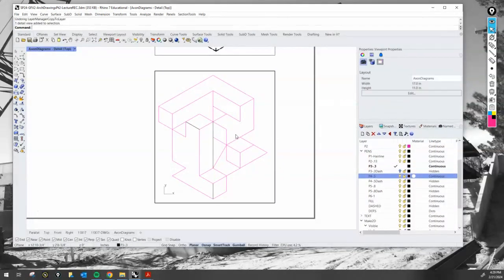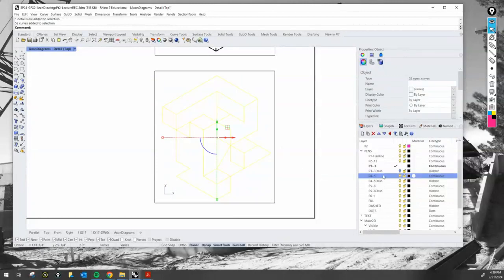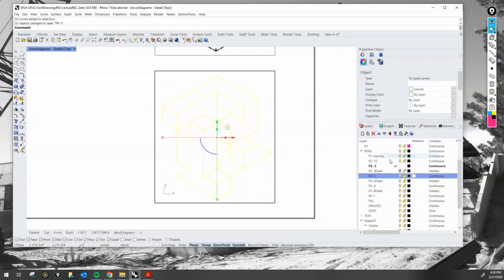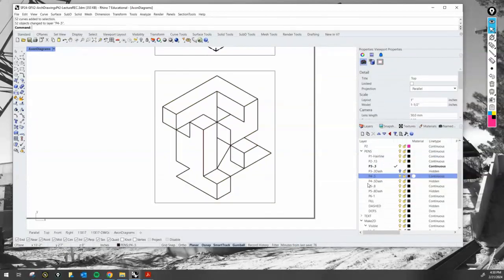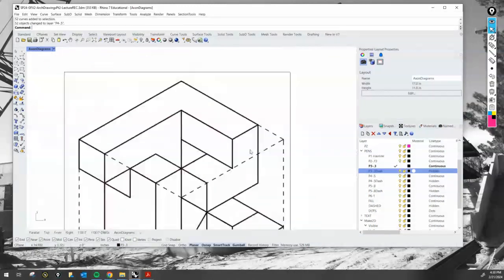I don't know if I've had to use that before, but it's nice to know it's available. Okay, so let's now change our line weights. I want to select all of our pink line, or in this case your merge object layers, and we're going to change object layers to a 0.5 so that when I turn on the dashed line,